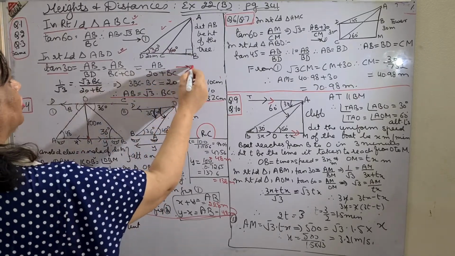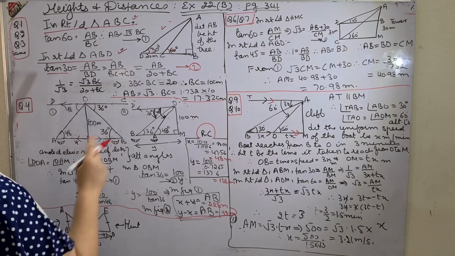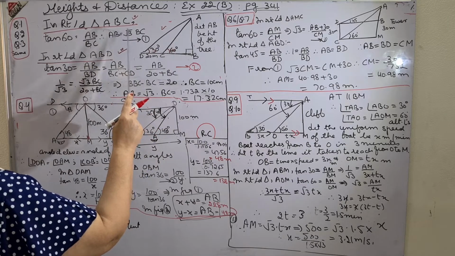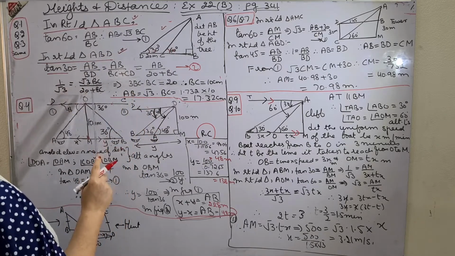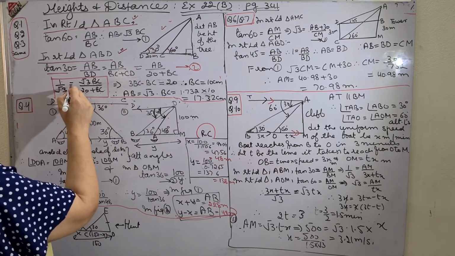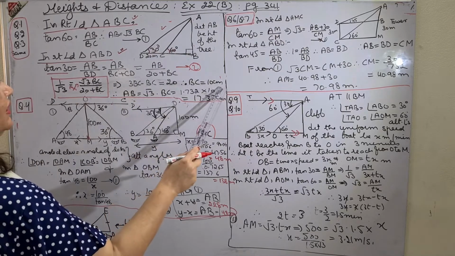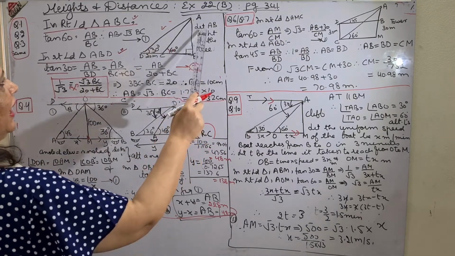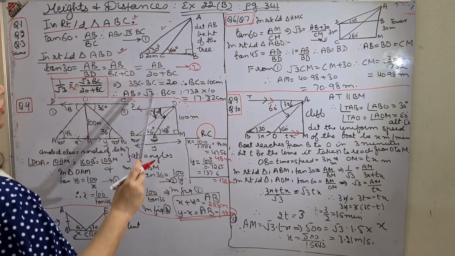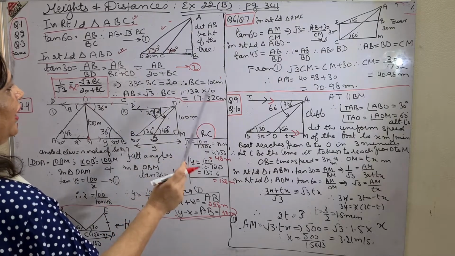From 1 and 2, please equate it. Tan 30 is 1 over root 3. In place of AB here, I will substitute the value of AB from equation 1, that is root 3 BC, and then you do the calculation. That is all in this step. You cross multiply, calculate, and you will get the value of BC. BC is 10 meters, but I have to find AB, as AB is the height of the tree which has to be found. So AB is root 3 BC. Root 3 into BC, where BC is 10, multiply, and that is your required answer.